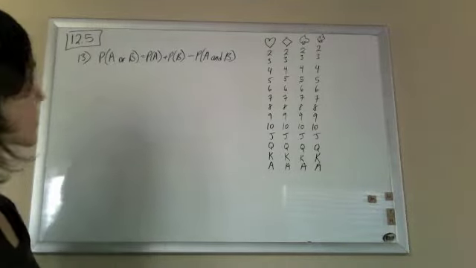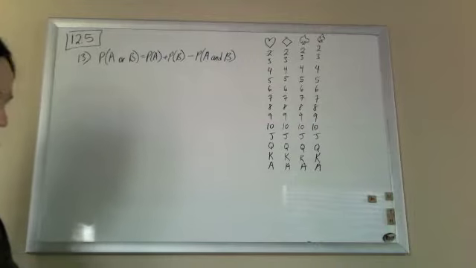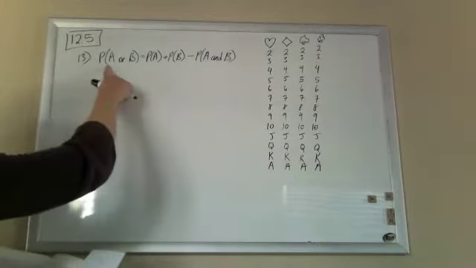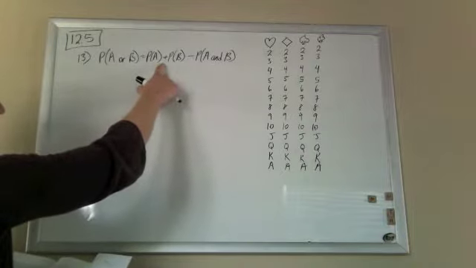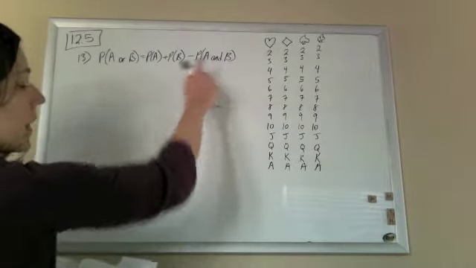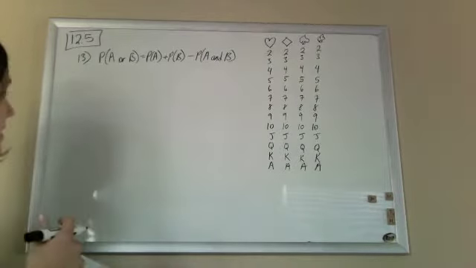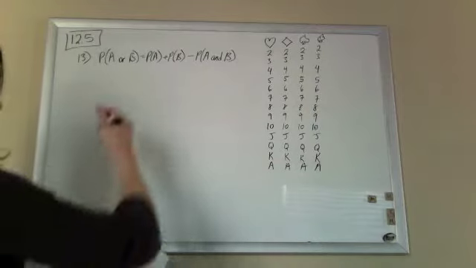Okie dokie. So for 12.5, number 13, we have a formula that says that the probability of A or B is the probability of A plus the probability of B minus the probability of A and B. So we're just going to plug and chuck stuff into this formula. So they tell us that the probability of A or B is 0.7